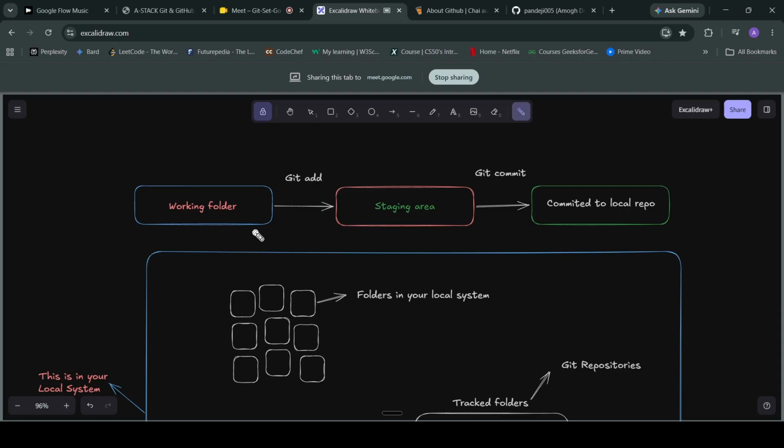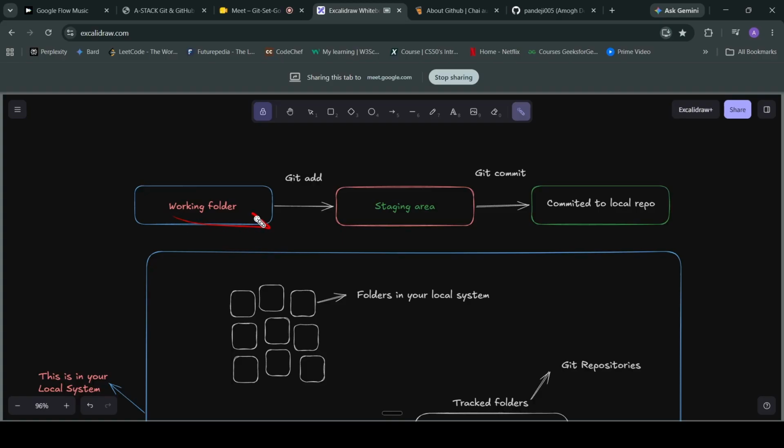You are working on your laptop and you have created a folder named GitHub. Currently it is just a normal folder, and you have created a repo using the git command. I'll explain that later.